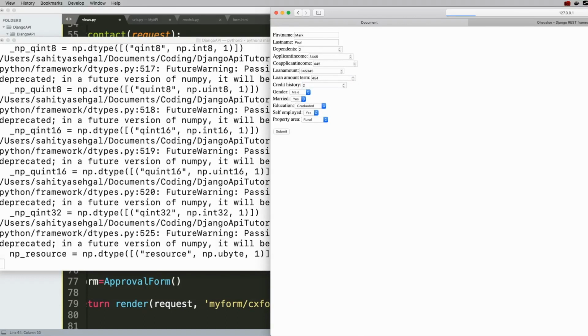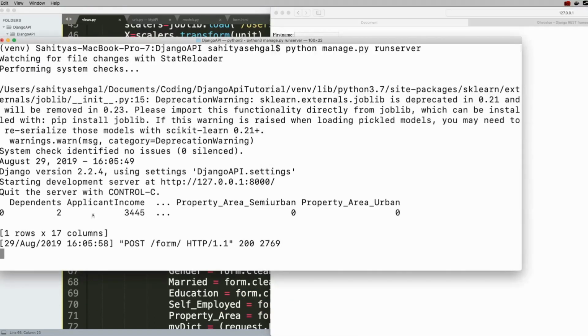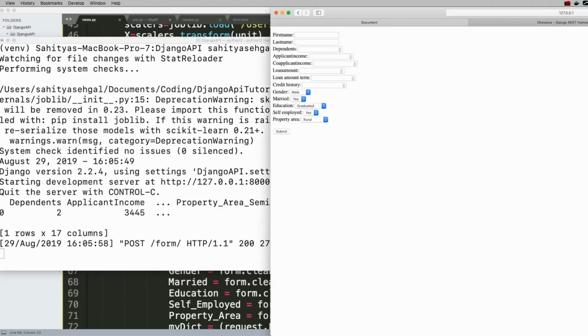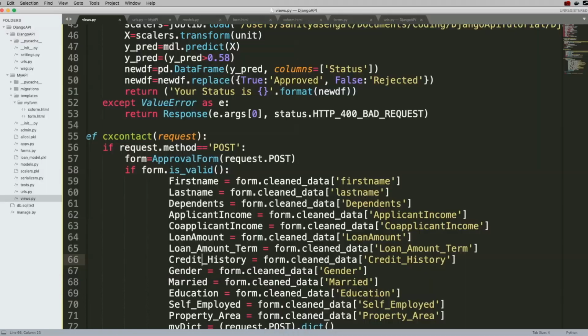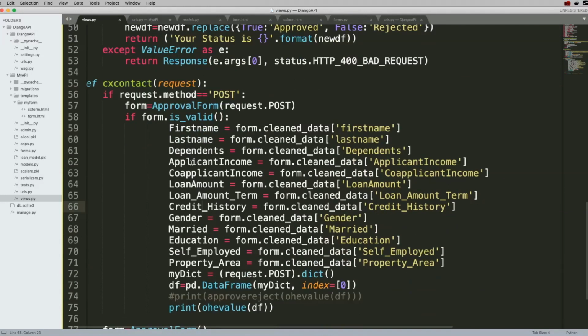And when I hit submit, you'll actually see it goes ahead and prints out a data frame for you. So it has your applicant income, property area, suburban, urban. Hopefully we picked rural here, which we did, so that's why it's not coming up. But anyways, these little 3 dots basically say that there's a whole bunch more data here. So now we have a completely one hot encoded data set. So now the next thing we want to do is take that